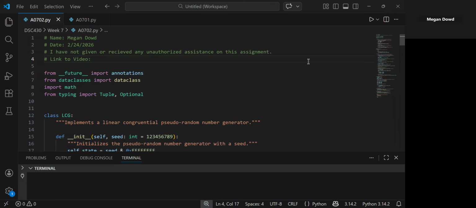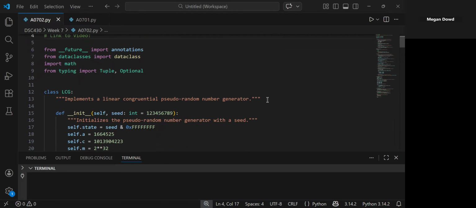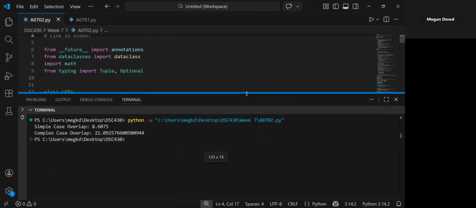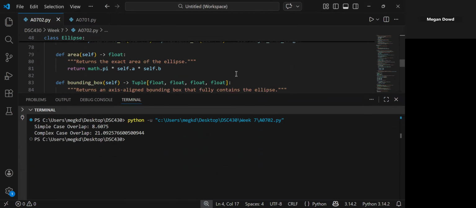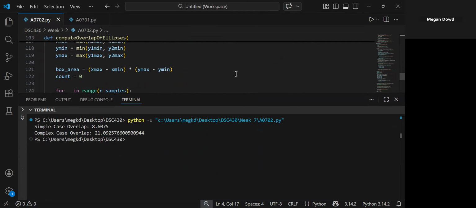This is my week 7 assignment 2 for using the Monte Carlo method to estimate the overlap area of two ellipses. So I'll start by running my file. This will demonstrate the code on 2 different examples to show how the approach works for both simple and more general cases. So in the first example, I just use 2 circles, which we can see